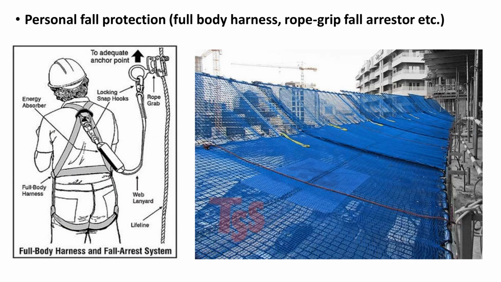Fall protection. We have two kinds: full body harness, rope grip, fall arresters or safety nets. These are generally used in order to avoid a worker falling from a height while he is working at certain elevation, or it could be some foreign body could fall and injure the worker who is working at ground level.